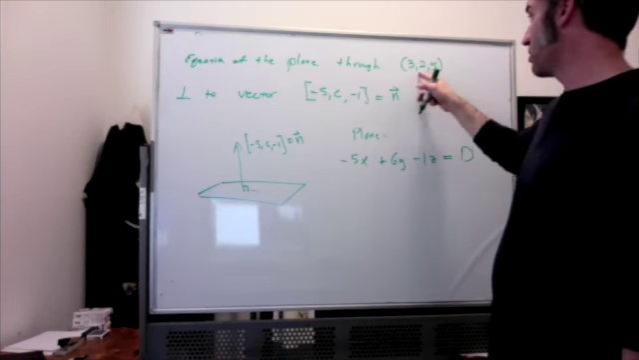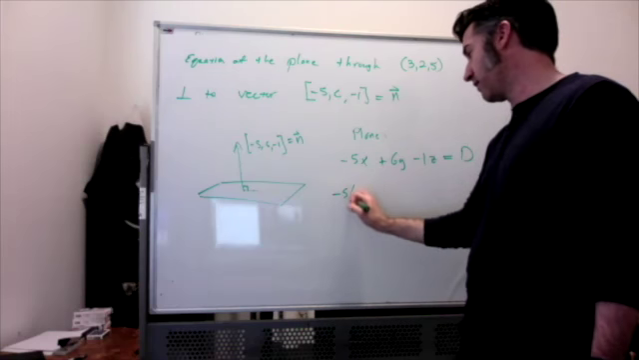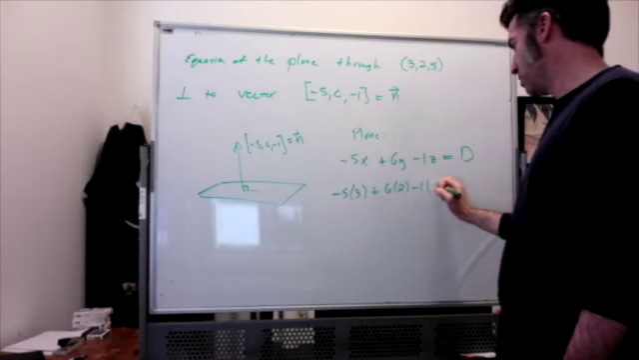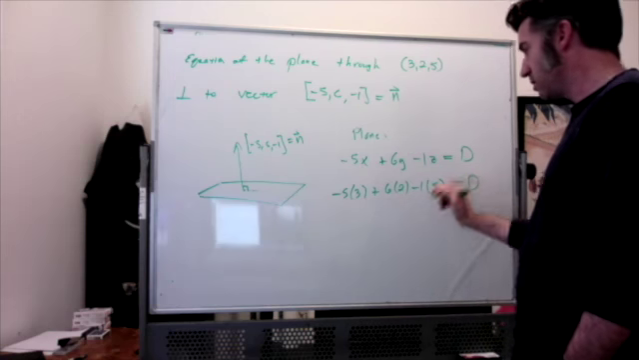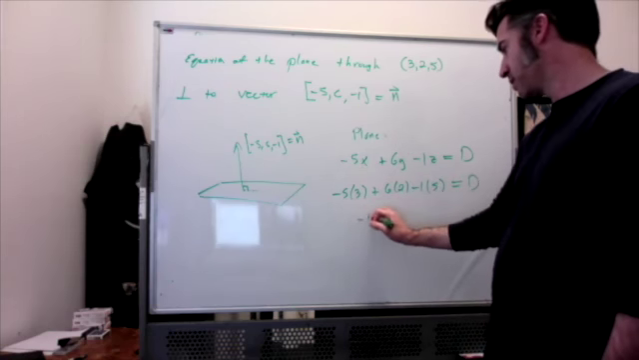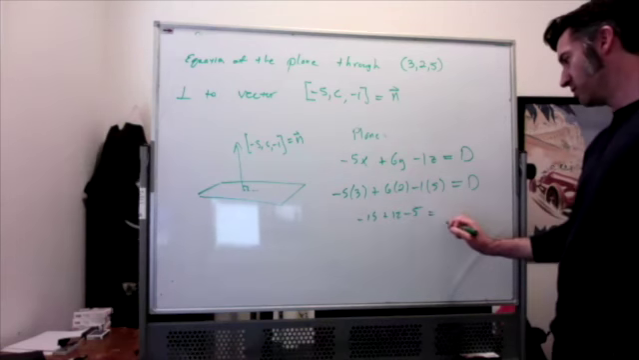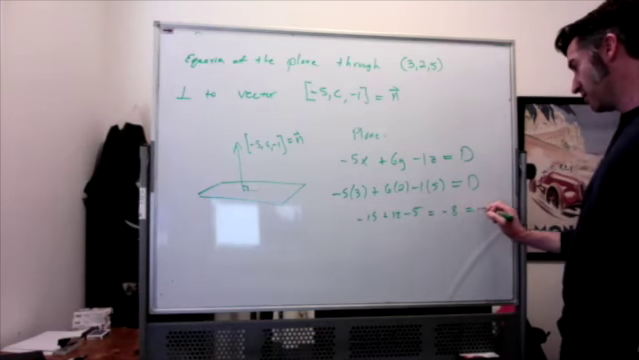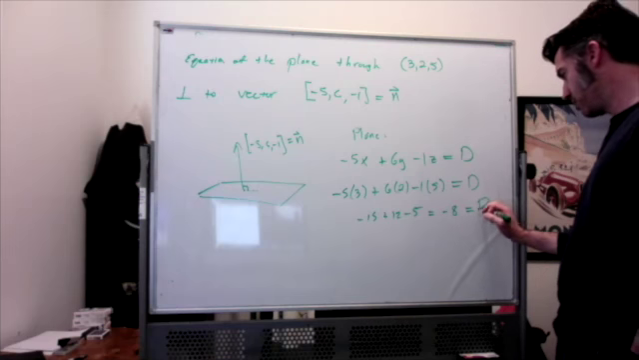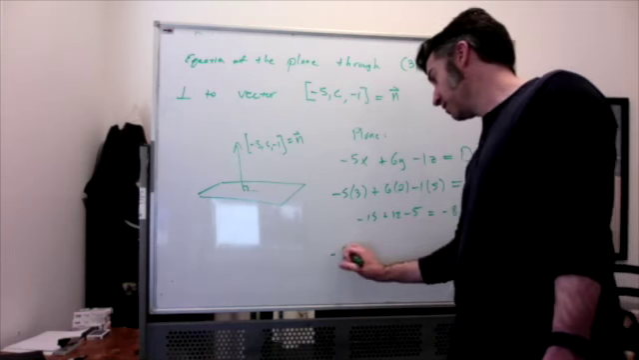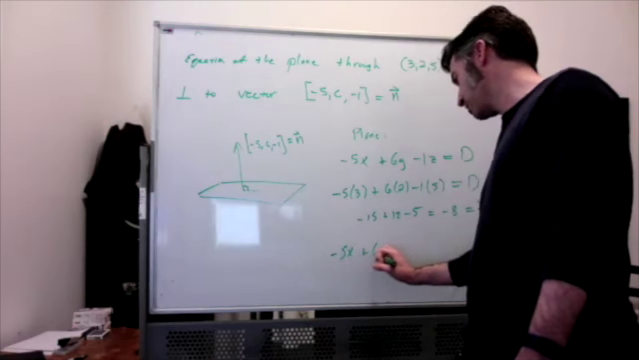So I plug in (3, 2, 5). I get -5 times 3 plus 6 times 2 minus 1 times 5 equal to d. So see, -15 plus 12 minus 5, that's going to equal -8. So that's what d is going to equal. Okay, so then that tells us that the equation of our plane is -5x plus 6y